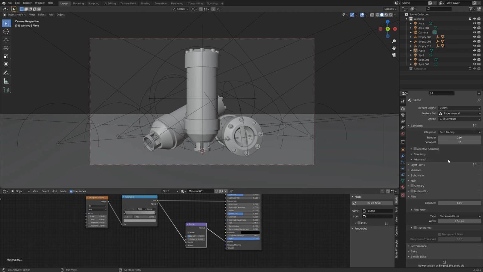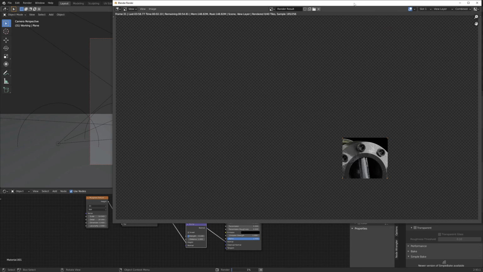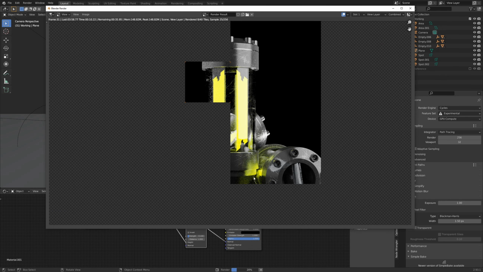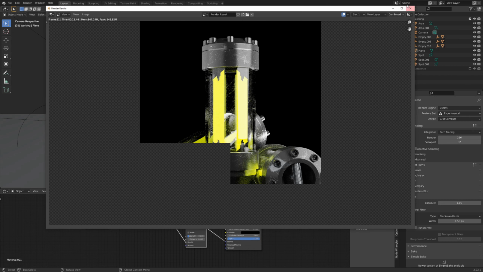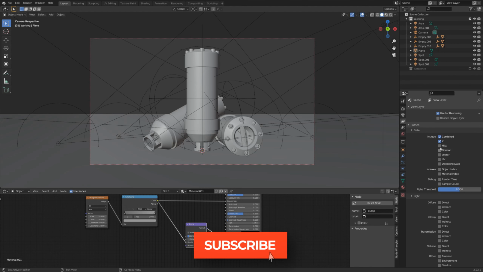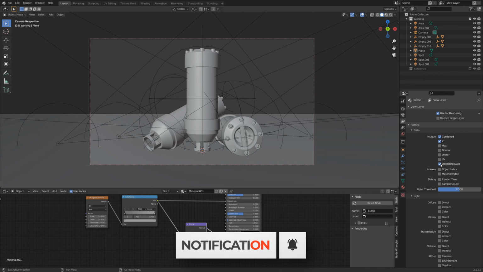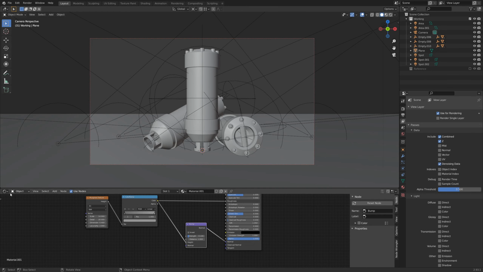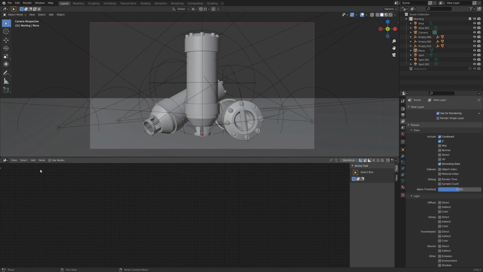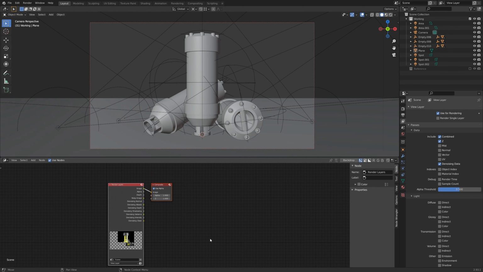So one thing that we can do is denoise. So if we do a F12, you'll see that that's rendering through fairly quickly, but the finished tiles have quite a bit of noise in them. You have all this speckling. So I'm going to escape to cancel that. And we're going to go to render layers and turn on denoising data. And we can go into the compositor, which is kind of your post-processing. We'll use nodes, and on view, turn on backdrop,